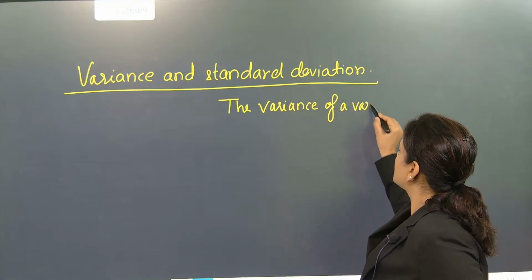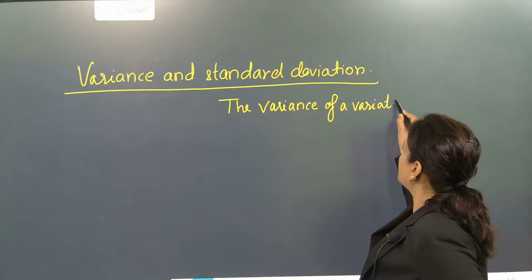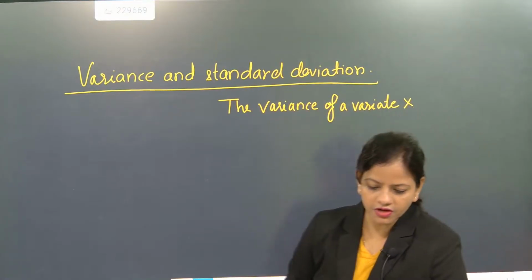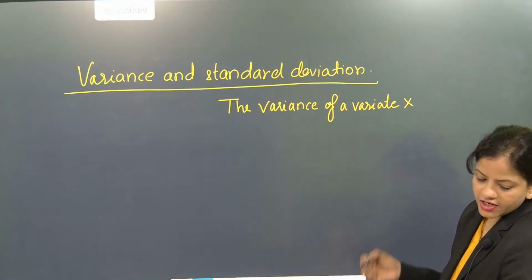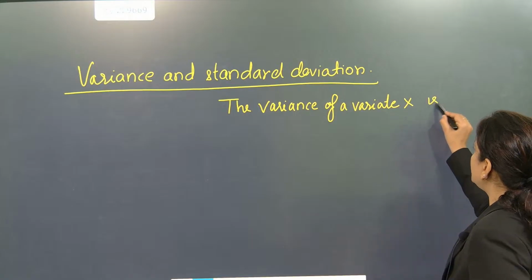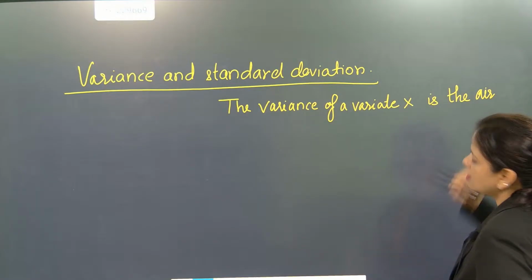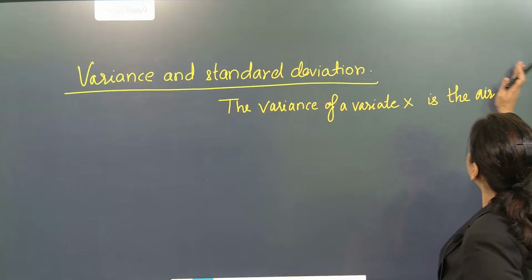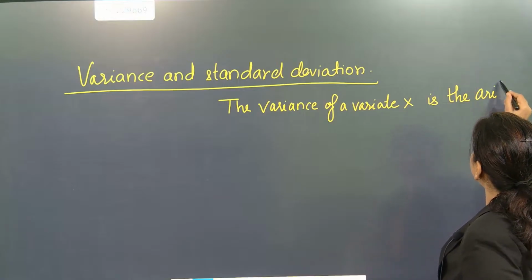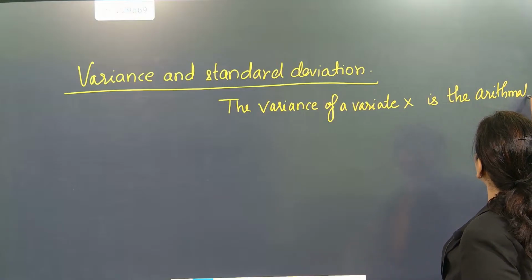The variance of a variate x is the arithmetic mean